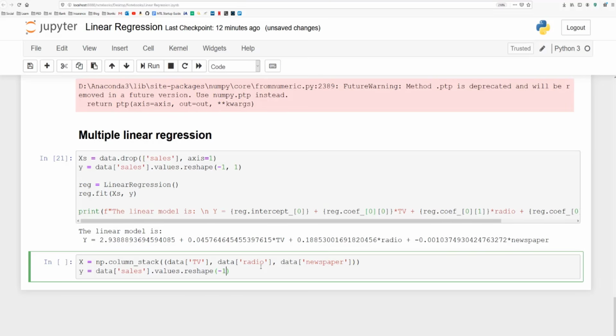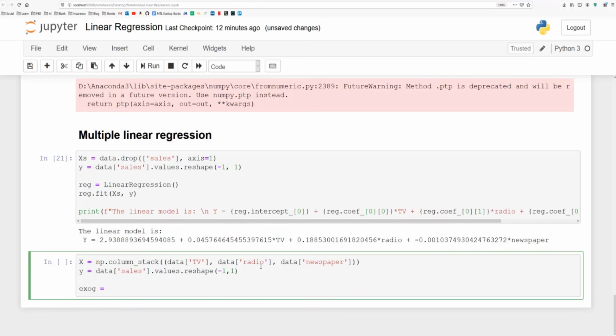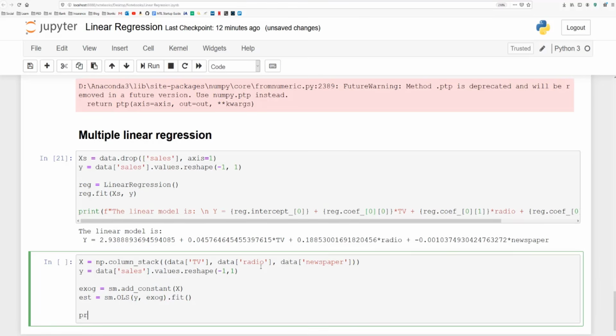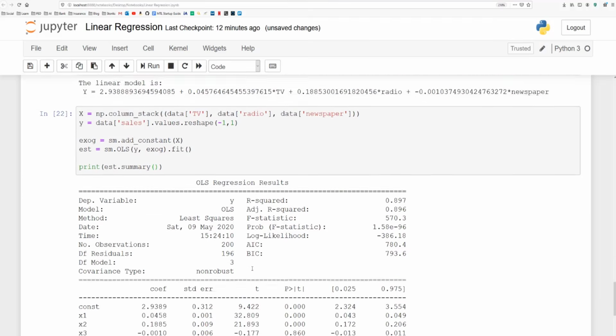Reshape -1, 1. Awesome. So again, the exogenous variable, we're going to do sm.add_constant. We use x. We define our estimator, which is sm.OLS, and then pass in y, pass in exog. In this case, exog, right? Dot fit, and we print the summary of our estimator. And you should get the following.